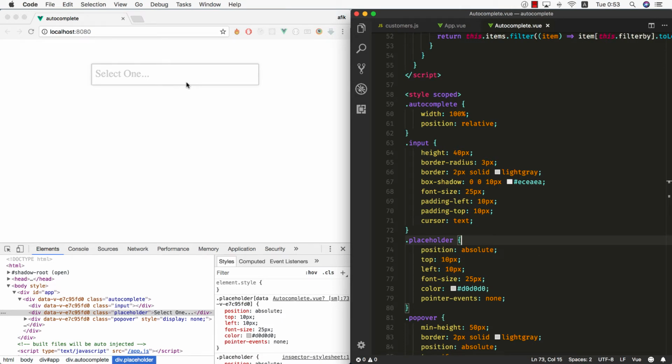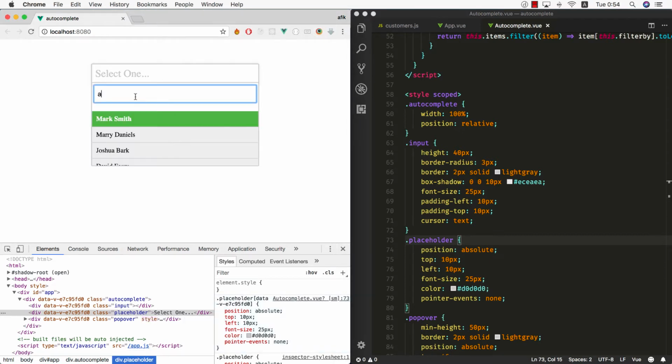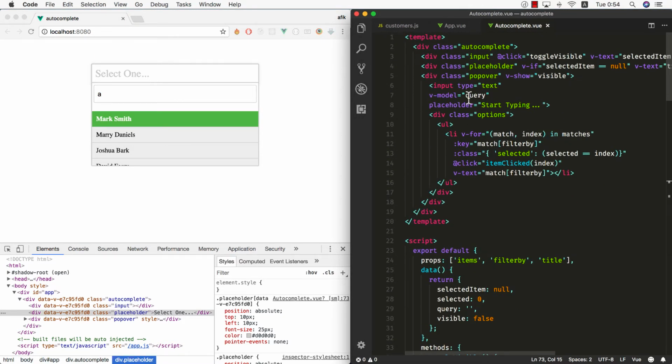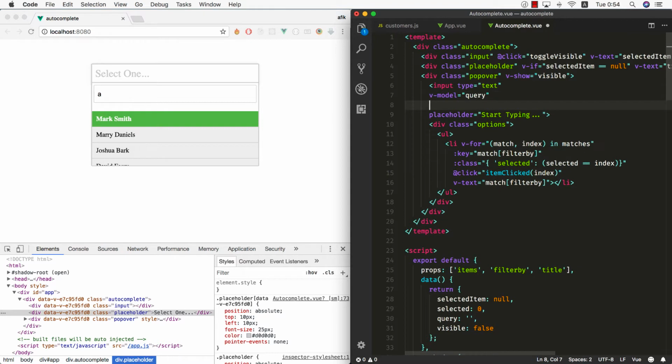Okay, our next step is to give the user the ability to use the up and down keys to loop through all the options. Okay, so when I click here and start typing, when I click the down or up key, nothing happens right now. I want to add an event to the key down and key up and make sure that we are selecting different values. Okay, we'll go to our input here and I'll add an event called key down,